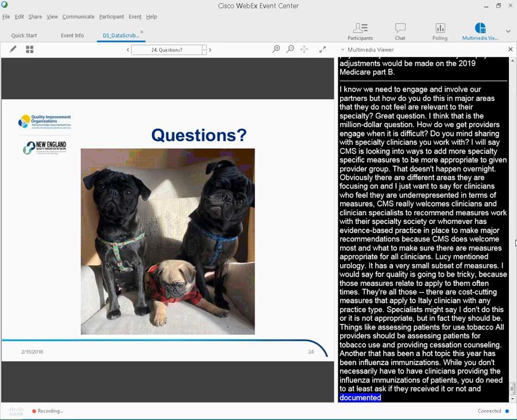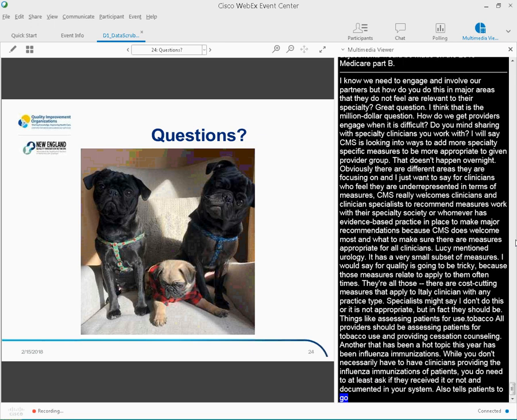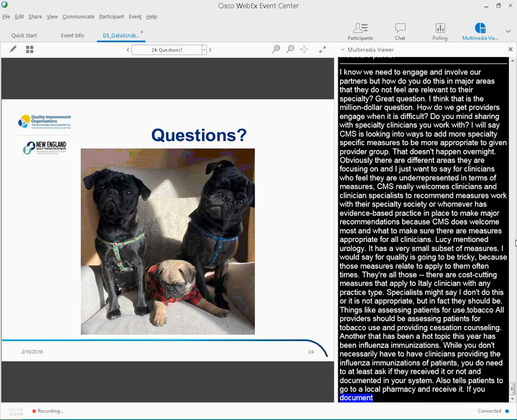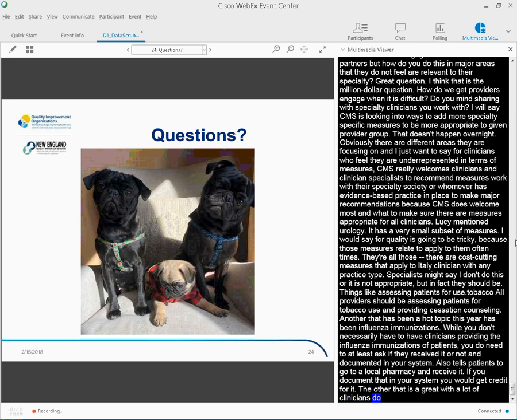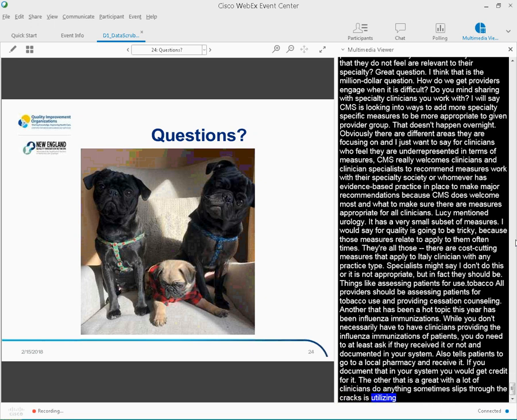The other, that's a great one that a lot of clinicians do and I think sometimes slips through the cracks, is documentation of current medications on the chart. That's one that pretty much every clinician would do, where they're asking patients about their medications and then following up.